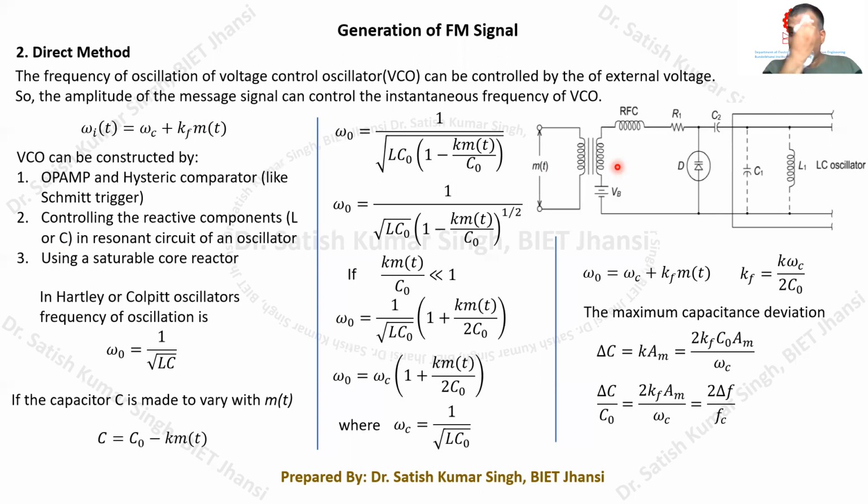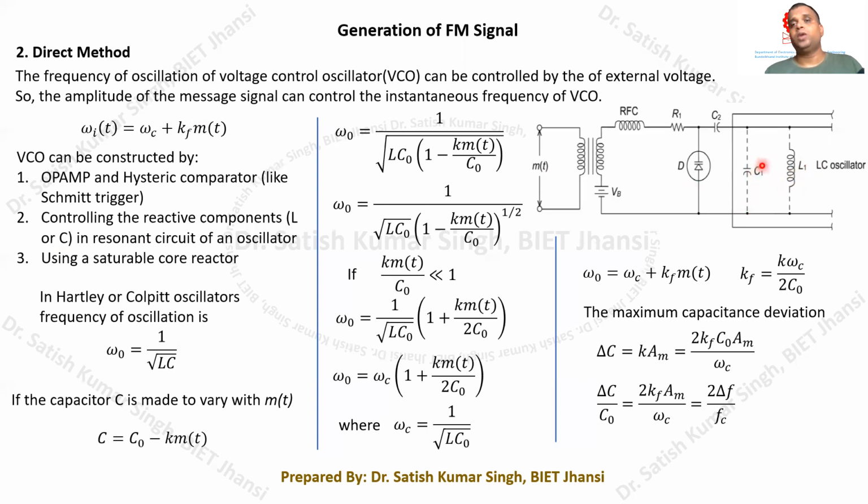Fine. So after having this control, this capacitance value can be varied. Once this capacitance is varying, you can find that it is connected in parallel with the capacitance C1. So basically the idea is, if we want to generate a frequency modulated signal from such circuits, either we have to make a voltage dependent reactance value, or inductance value, or